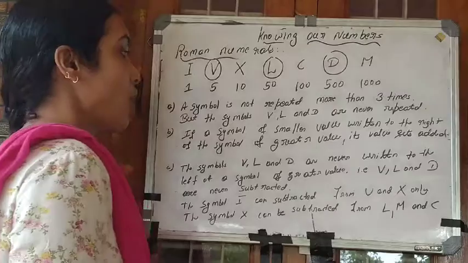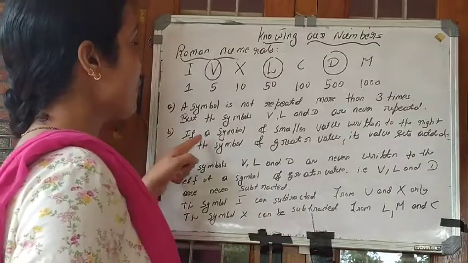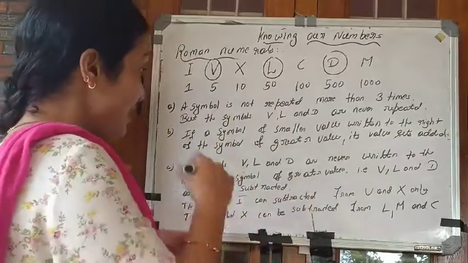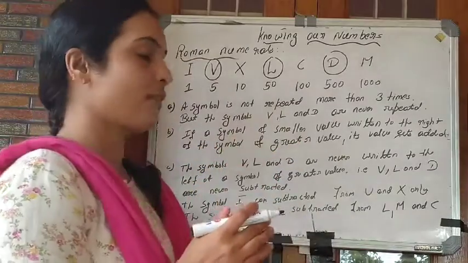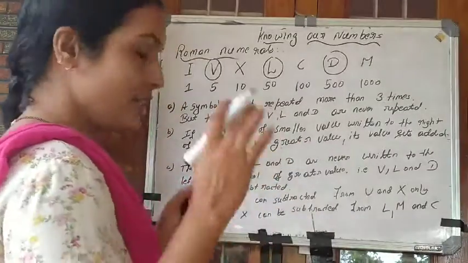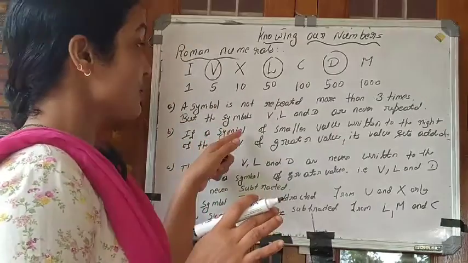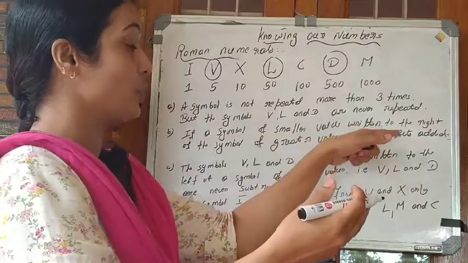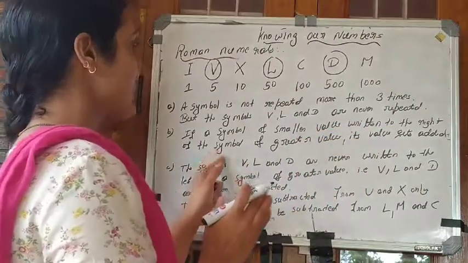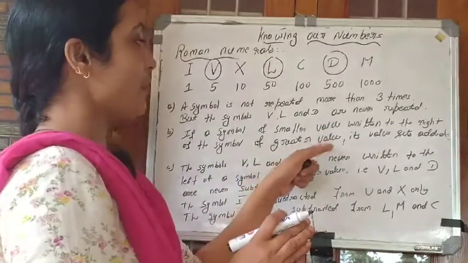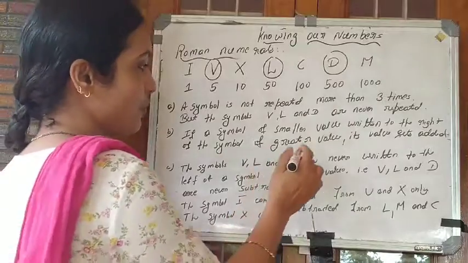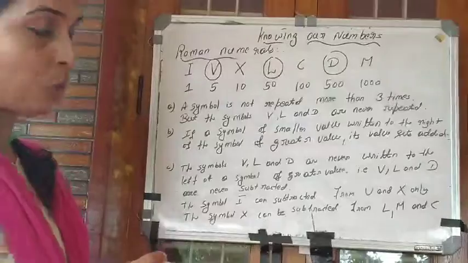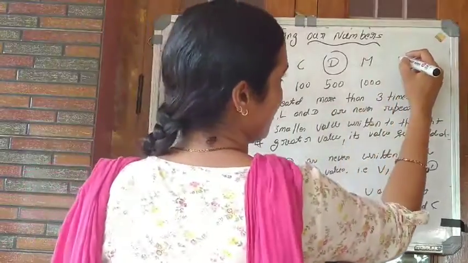Okay. So now the next rule is, if a symbol of greater value is written to the left side of a symbol of a smaller value, its value gets subtracted. Just concentrate. If a symbol of greater value is written to the left side of the symbol of a smaller value, its value gets subtracted. For example,